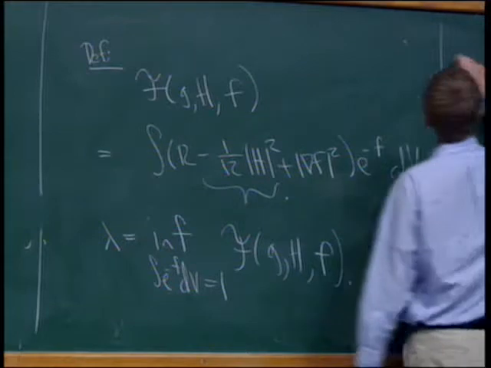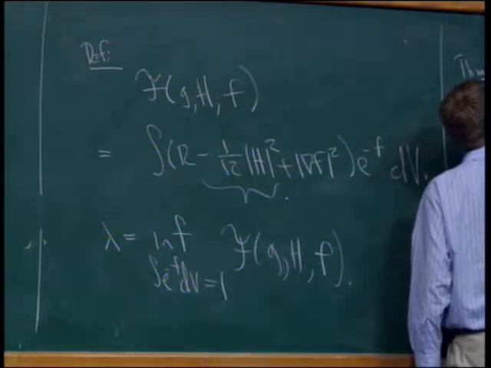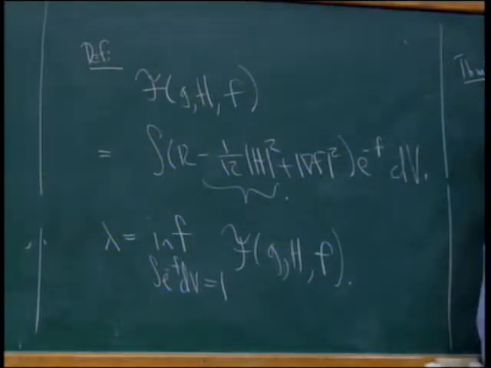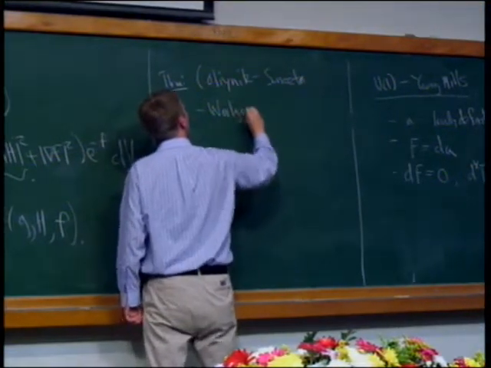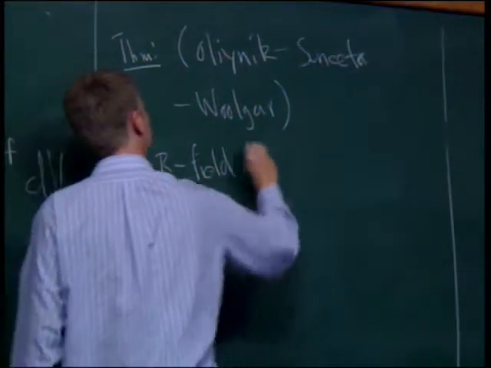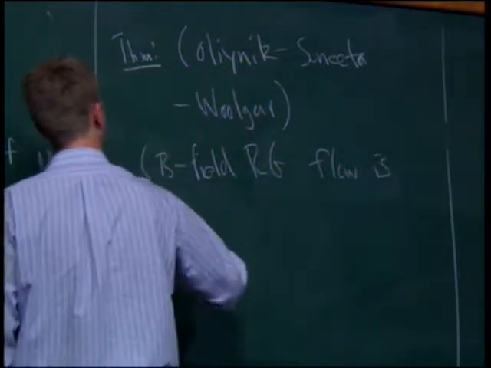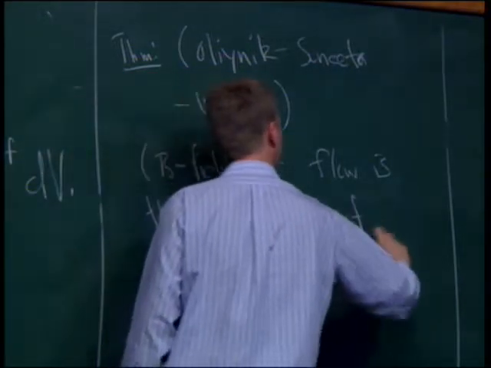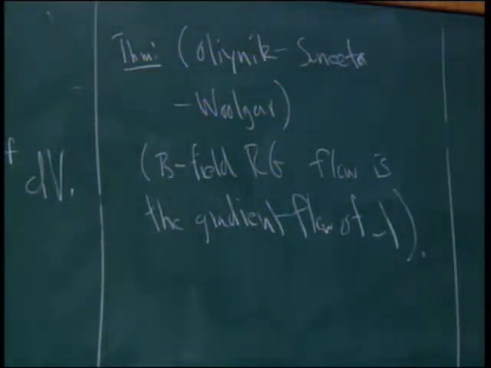And then the theorem, there's a theorem of Oliynyk, it's hard to spell, I think that's right. Well, Oliynyk, Suneeta, and Woolgar, which says that the B field RG flow is the gradient flow of lambda. Okay, this lambda. So this is in direct